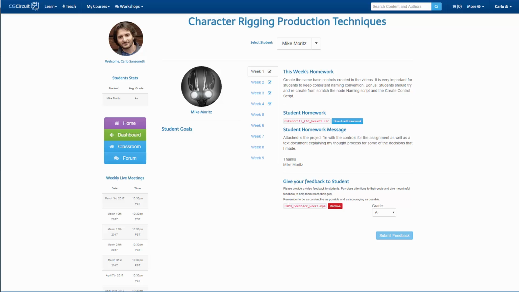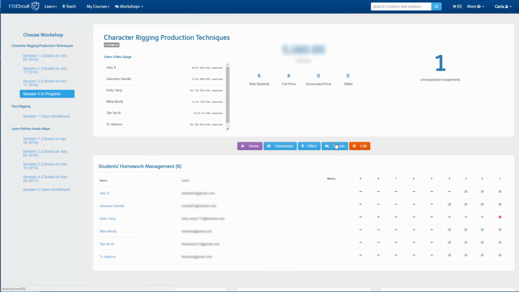So in this particular case, I already provided feedback, but when you need to provide feedback, then you can click a button to pick a video file that represents your feedback, then pick a grade and then click on submit feedback. If I go back to the dashboard, we already saw the forum here, and then edit allows you